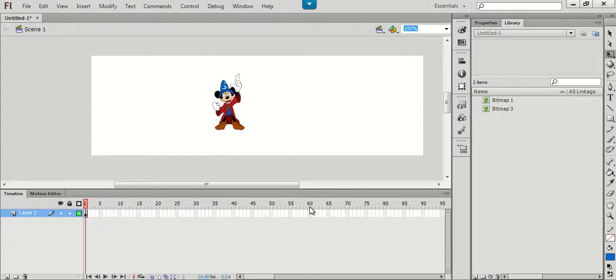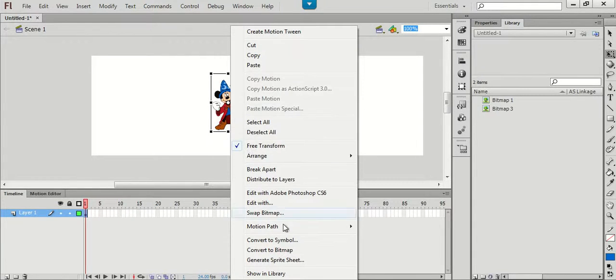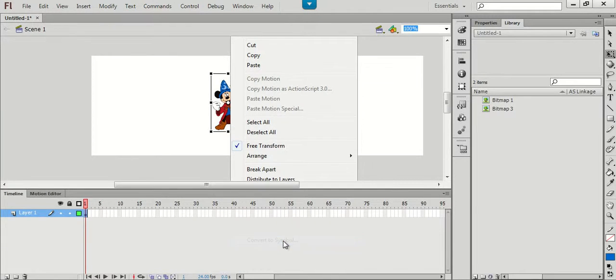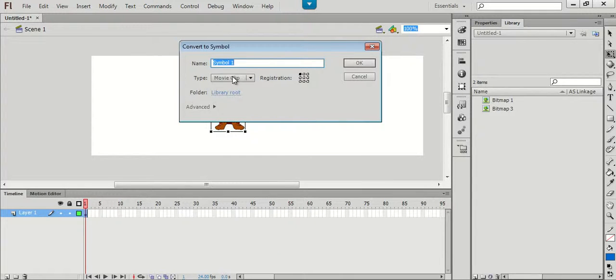Okay, here's a quick video on how to use the 3D. So here we have our Mickey, and let's just right click and convert him to a symbol. Now let's make sure we leave him as a movie clip and call it